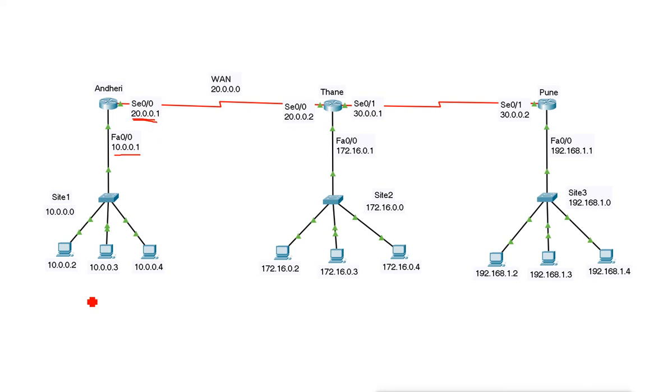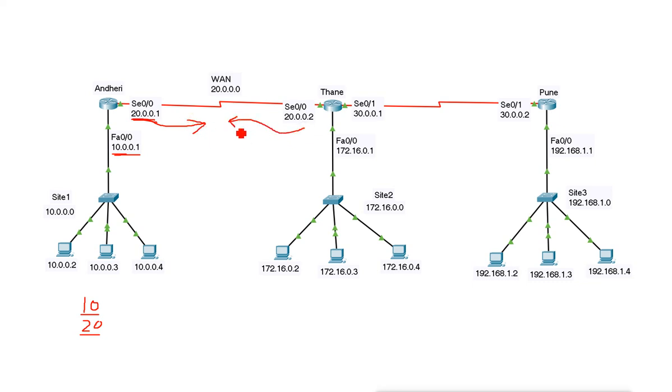When we introduce network 10 on this router, it starts doing the routing for network 10, and starts sending and receiving routing updates on all the IP addresses of that interface, that network. When we mention network 20, it will start doing the routing for network 20, and start sending and receiving updates on the interface of that network 20. The same happens here when we do this on this Thane router. So both routers will start sending updates on this side. It will send on this side, and this router will start sending on this side.